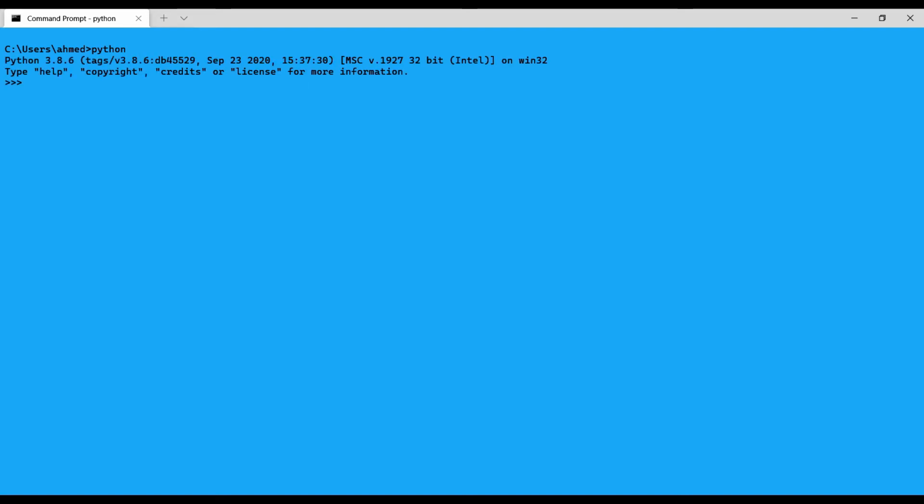So for example, my tuple equal, rounded brackets, then the items, and here is my tuple. Now, if I want to use a tuple method, let's say count, the count method will